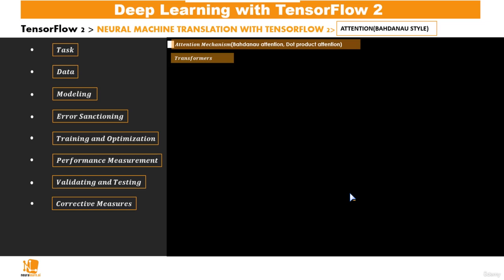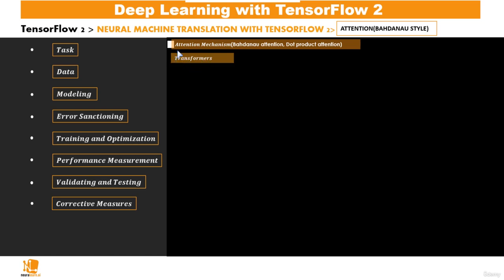Welcome to this subsection on corrective measures and the section on neural machine translation with TensorFlow. We've just seen how an encoder-decoder model based on RNNs could be used in building a neural machine translation model. In order to come up with better results, we shall explore other models which are used in solving the problem of machine translation. Now, one of these is the attention mechanism, and also we have the transformers which are based